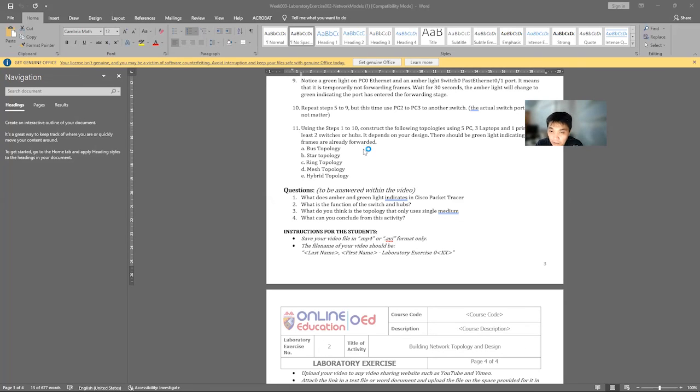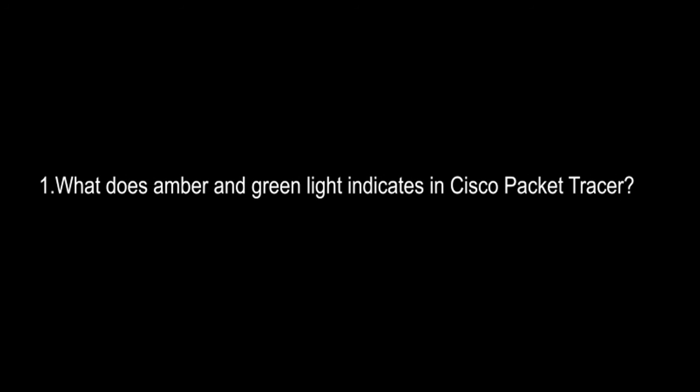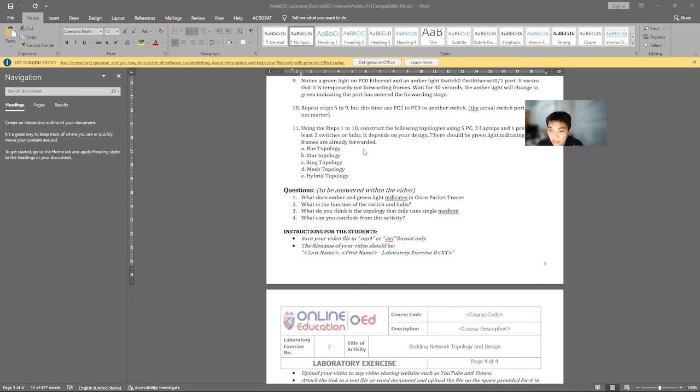In our last part of the activities, which is the question and answer portion, this is to be answered within the video. We will define and answer the different kinds of questions. So for question number 1, what do amber and green lights indicate in Cisco Packet Tracer? So for my answer,